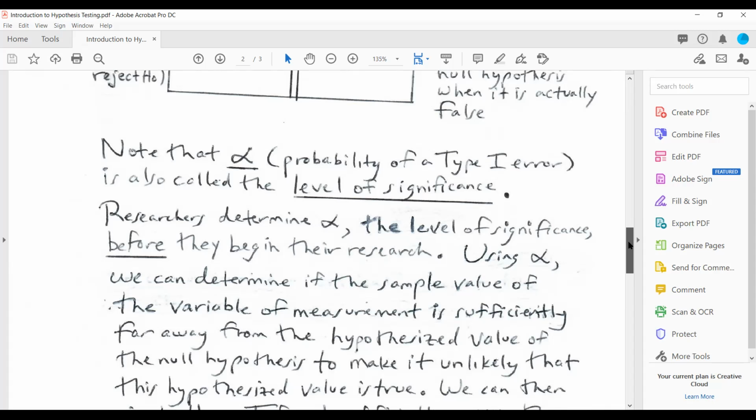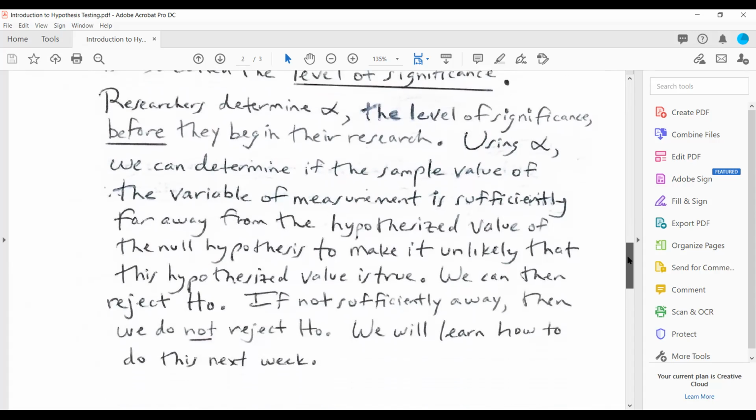So what Dr. Williams was about to show you using formulas was this following idea. The idea is that by using alpha in a particular way, and again, I will show this to you guys next week, either through StatKey or through formulas, you're going to use alpha. And what you're going to do is that by using this alpha, this level of significance, we can determine if the sample value that we get from the sample, the sample value from the variable of measurement, or if it's the proportions, the sample proportion, what we're going to determine is whether this value that we come up with from the